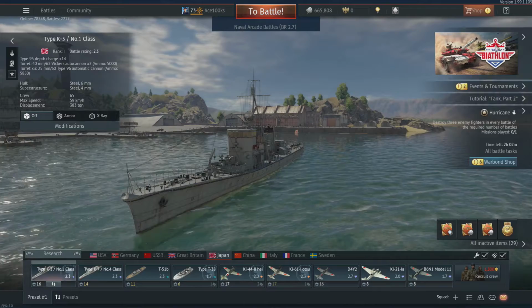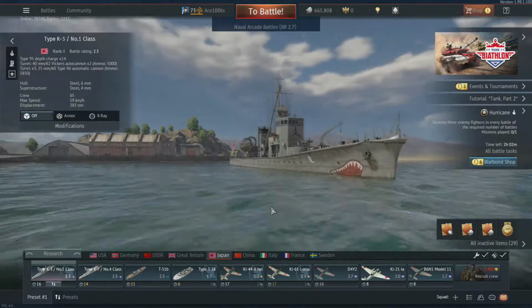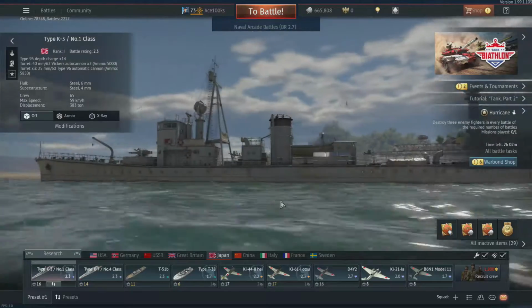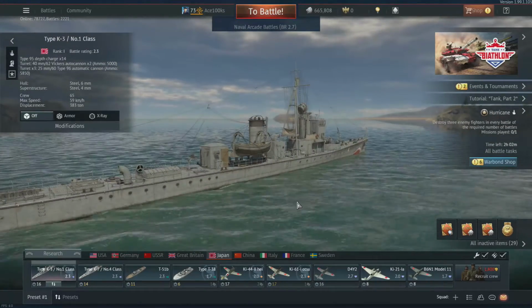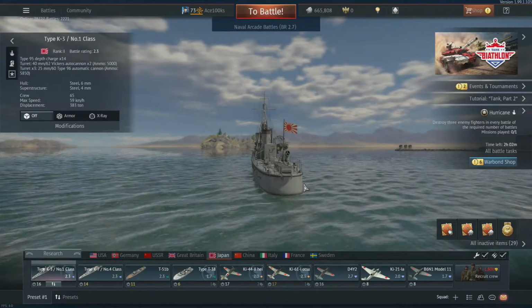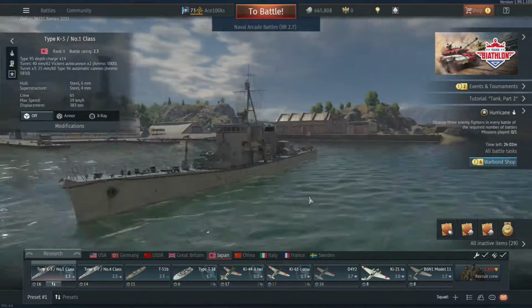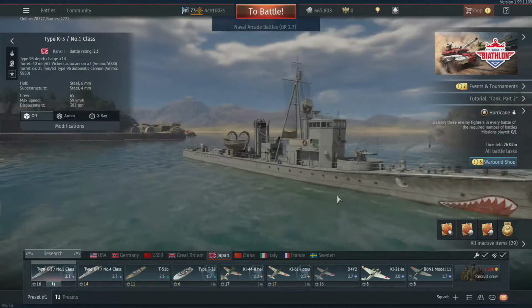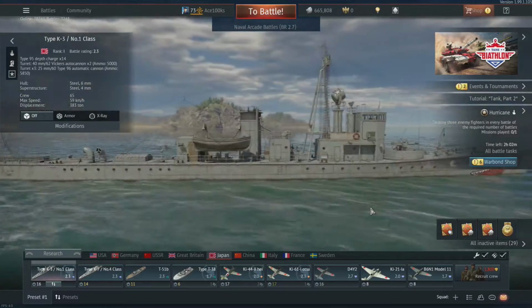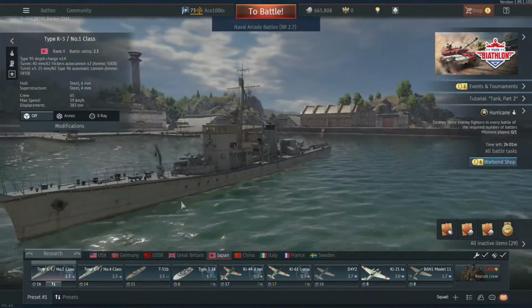So a sub chaser is basically a ship that's kind of like an escort for a destroyer. And it's basically kind of like a coast guard cutter or something. It's more or less used for patrolling the coastlines of a country. And this one has a